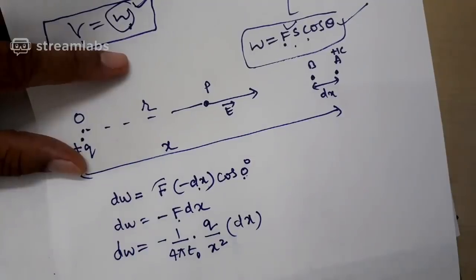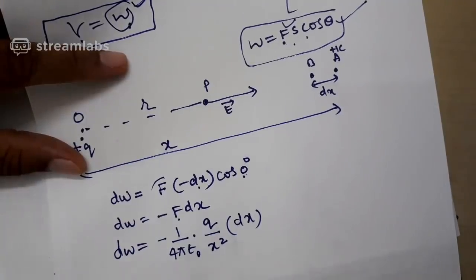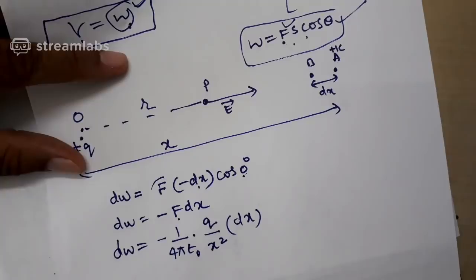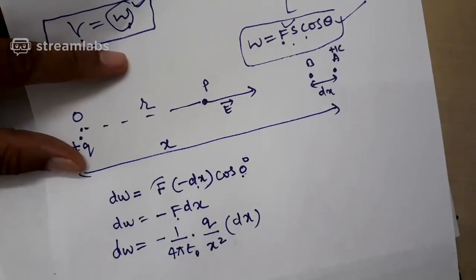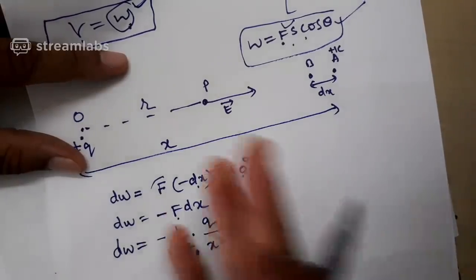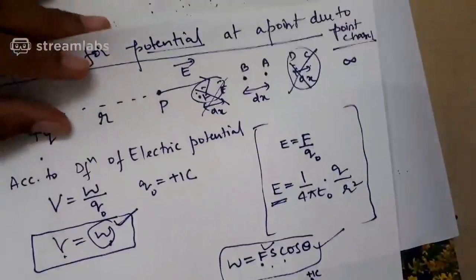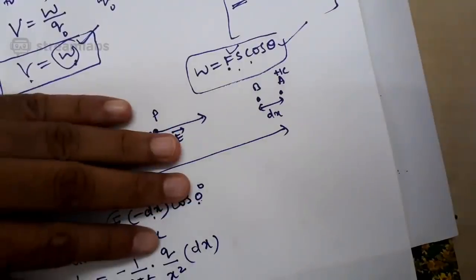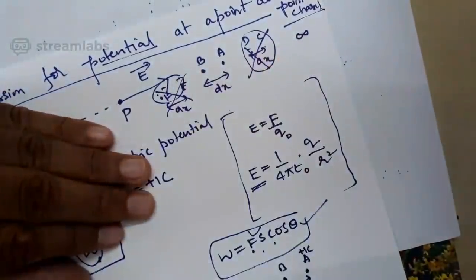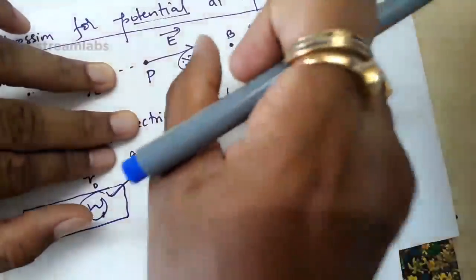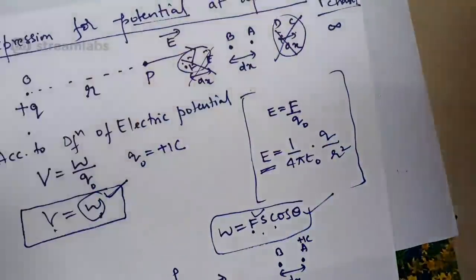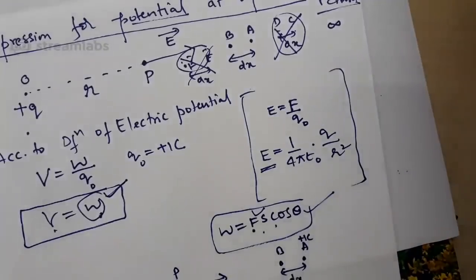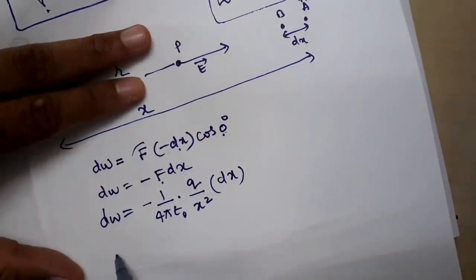Since all the dW's are not the same, I can't directly go for n times dW, because I won't be knowing n either, since it is still infinite. But one thing is clear: according to our knowledge, work done is a scalar. If you are able to calculate all the small work done, let us say dW1, dW2, dW3, how to calculate the total work done? It is just a summation, because work done is a scalar. So the total work done should be a summation of all the work done.